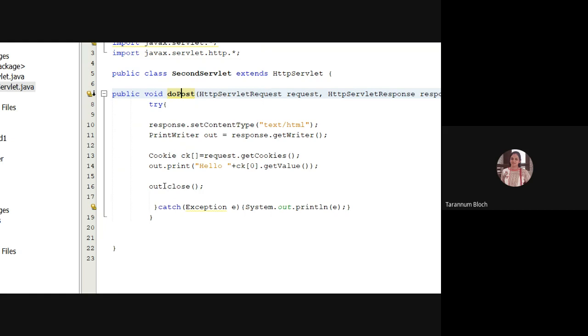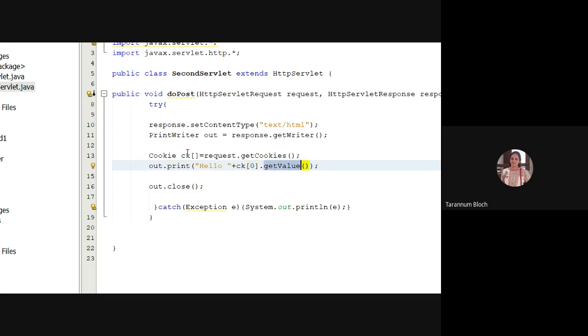We set the content type, we taken a PrintWriter object, and now we are reading the values. So what we are doing is Cookie ck is equal to request.getCookies. As this is an array, but we have right now set only a single cookie in the browser, which is uname, right? So that's why we are saying out.println hello plus ck[0].getValue.